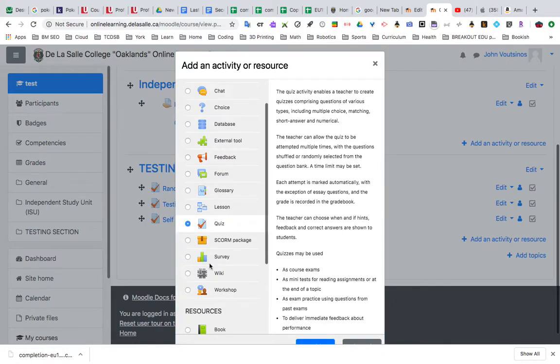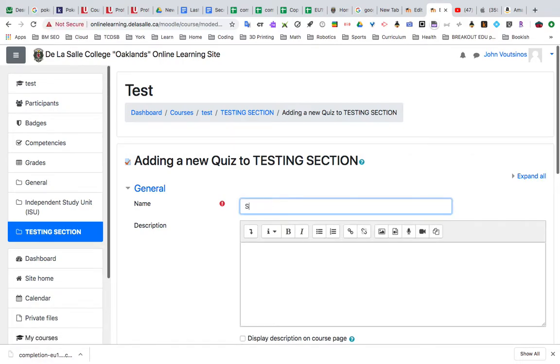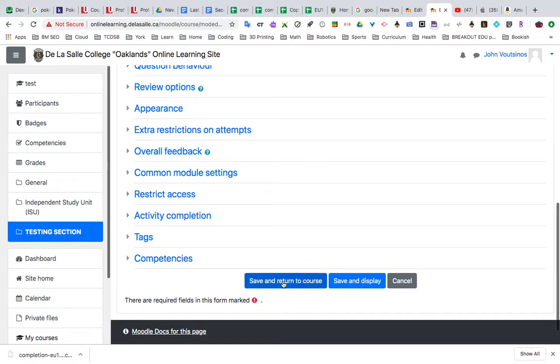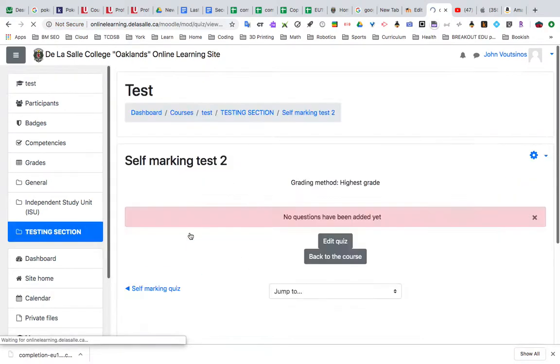I'm going to go to a quiz. I'm going to add it. I'm going to call it self-marking test 2, since I already had a test 1 out there already, and that's all I needed was a title. So here's my self-marking test 2. When I select it, it brings me to this page, and I can edit the quiz,